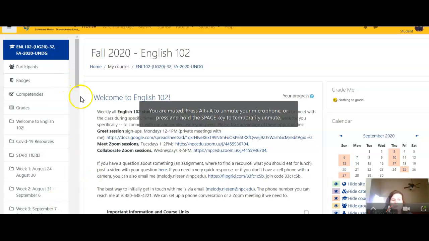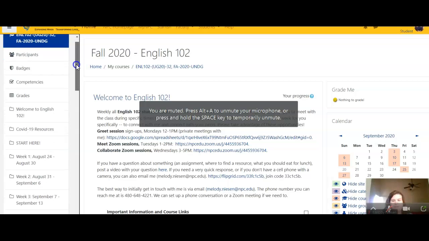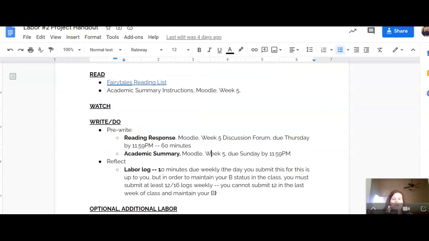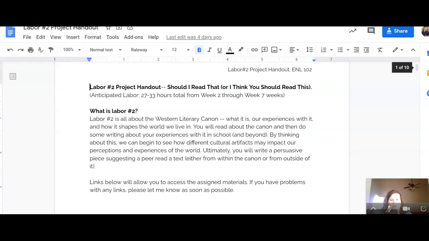So this week we're starting labor number 5, and I wanted to go over what that entails with you. We're going to scroll down here to week 5 of the class, and the first thing we're going to do is open up the labor number 2 project handout. So remember, our big labor for this